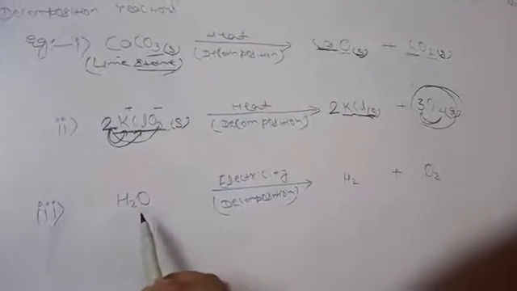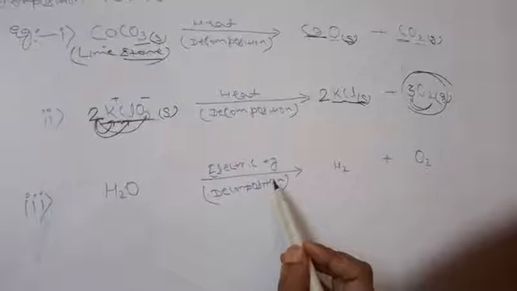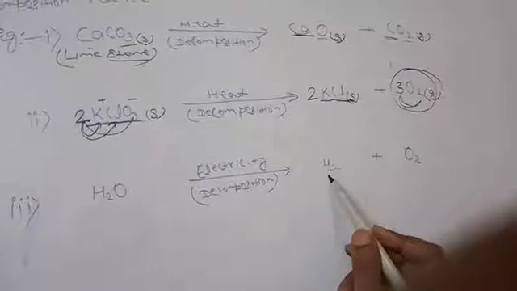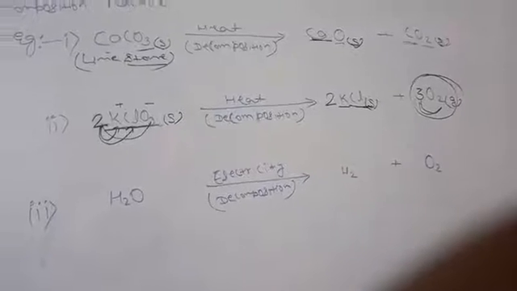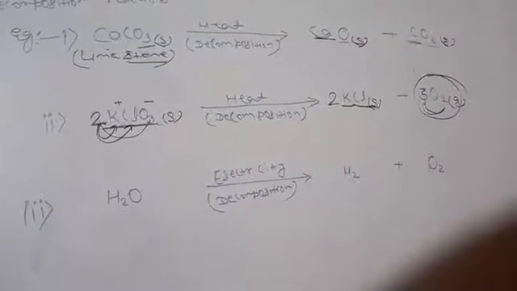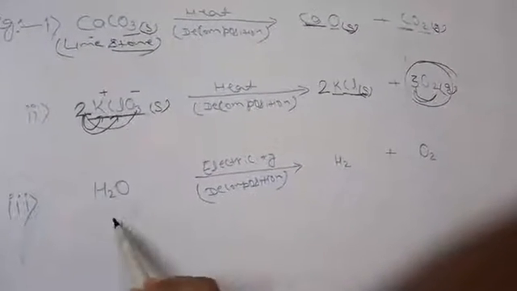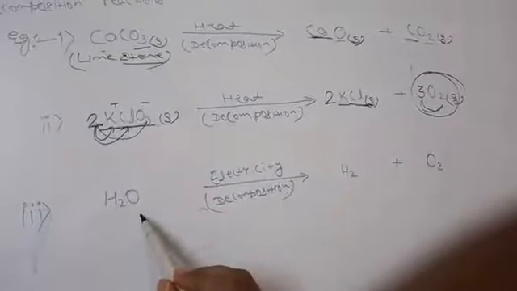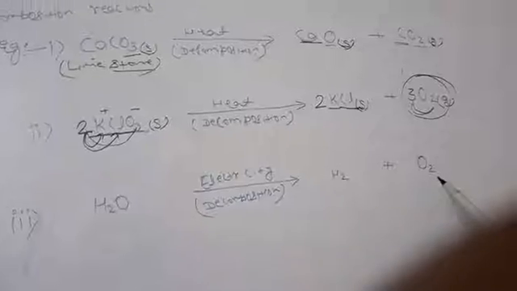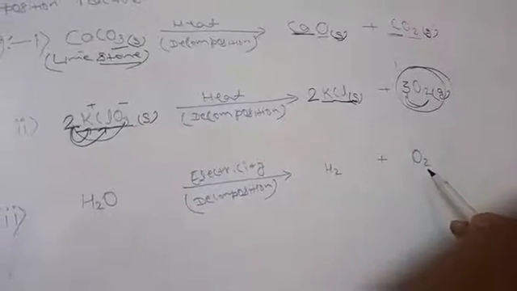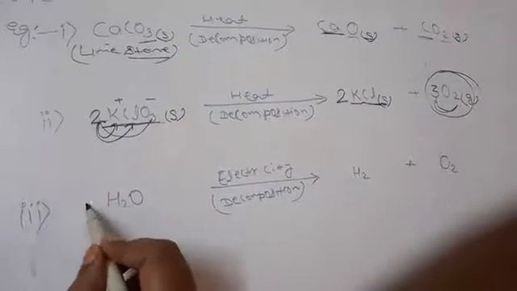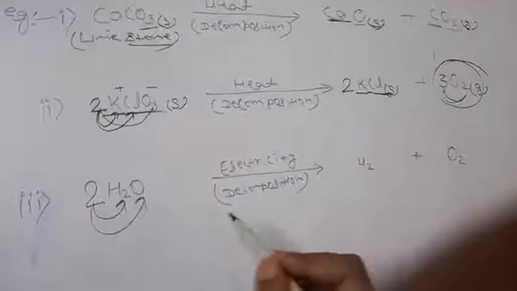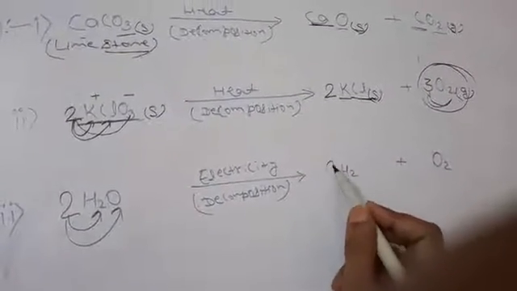Here H2O is splitting with the help of electricity, or electrolysis, you can say. It is splitting into its components, hydrogen and oxygen. Now to balance this equation, you can see that hydrogen has 2 atoms here and also 2 atoms on the other side. For oxygen, here there is 1 atom, and here there are 2 atoms of oxygen. So to balance the oxygen atoms, you can multiply by 2 here. So now it is 4 atoms of hydrogen and 2 atoms of oxygen. Now to balance the hydrogen, again here you have to multiply by 2.